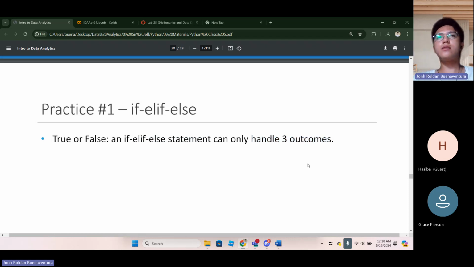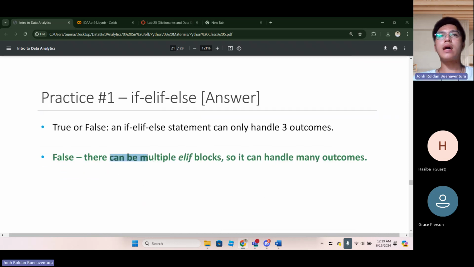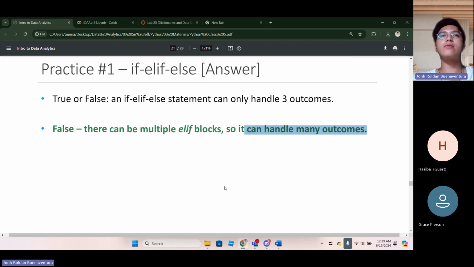Based on what I said earlier, if you have more than two outcomes, multiple routes, multiple choices, as long as there are many choices, elif can be added. So the answer is false. You can have multiple elif blocks, so it can handle many outcomes.